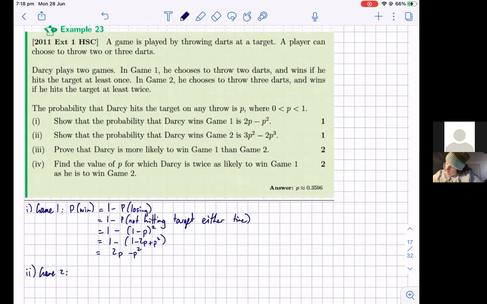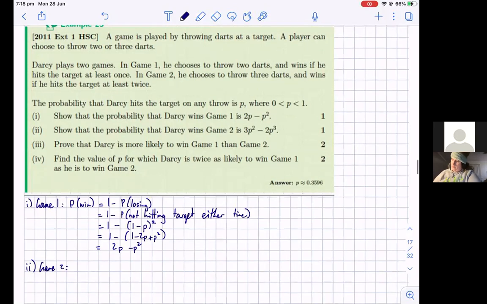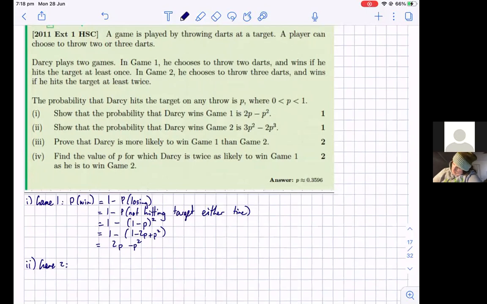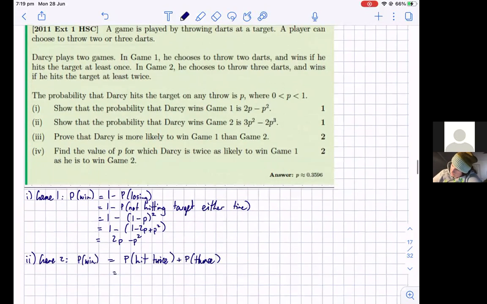Probability that he wins game 2. He's got to hit the target at least twice, which means he can hit it once or twice. I mean, hit twice or 3 times. To hit twice, we've got,